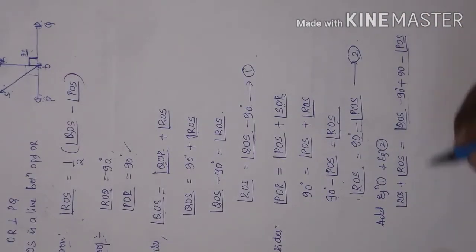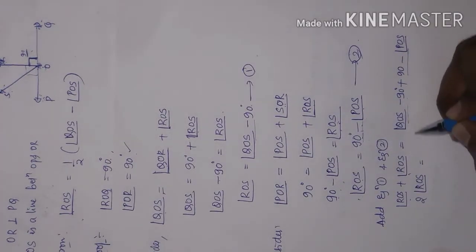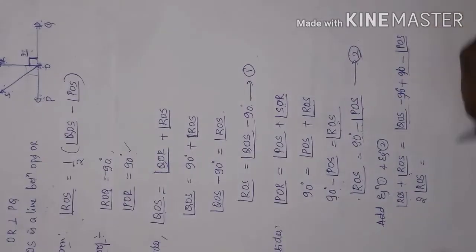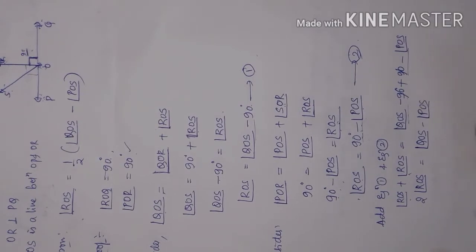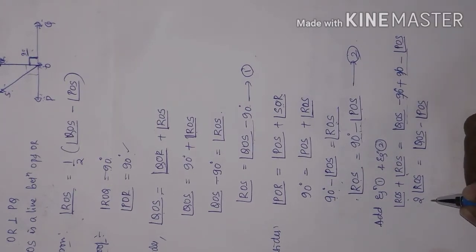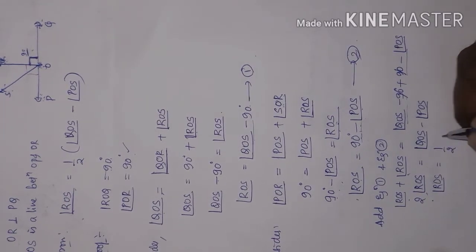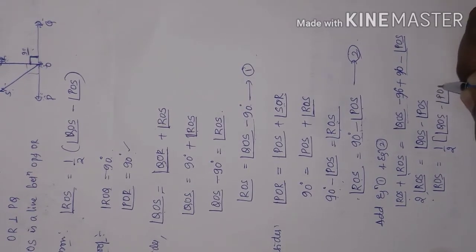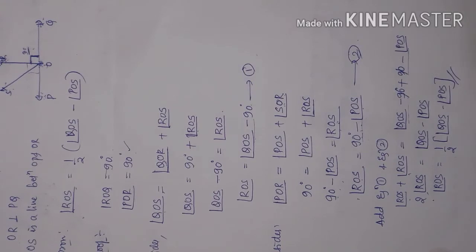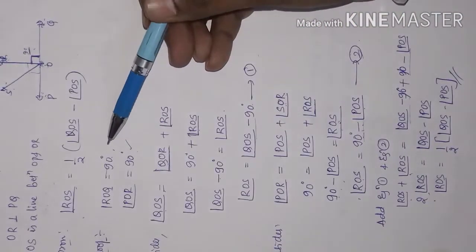This is about first equation and this is about second equation. Yes or no? Now angle ROS becomes 2 times angle ROS, which equals minus 90 plus 90 get cancelled, and what remains? QOS minus angle POS. So 2 is in the LHS under multiplication, so when I shift to RHS it comes in the denominator. So angle QOS minus angle POS, so this is the required proof. Got this one? Shall I repeat it once again? Okay, see, the proof only I will repeat.